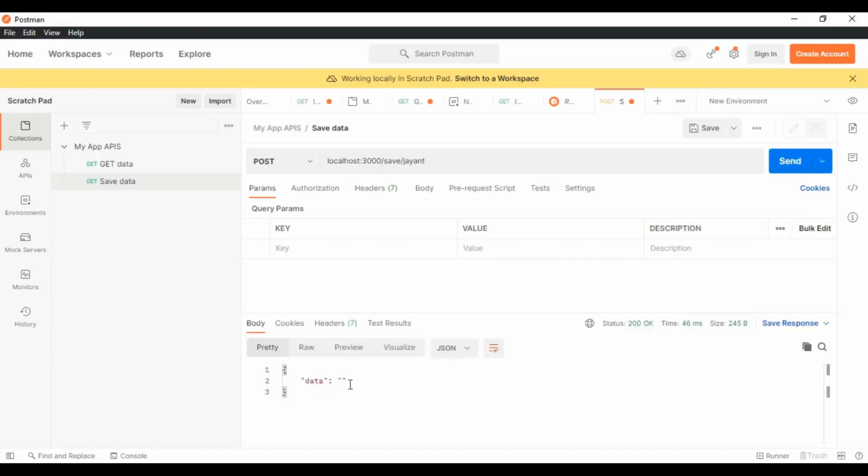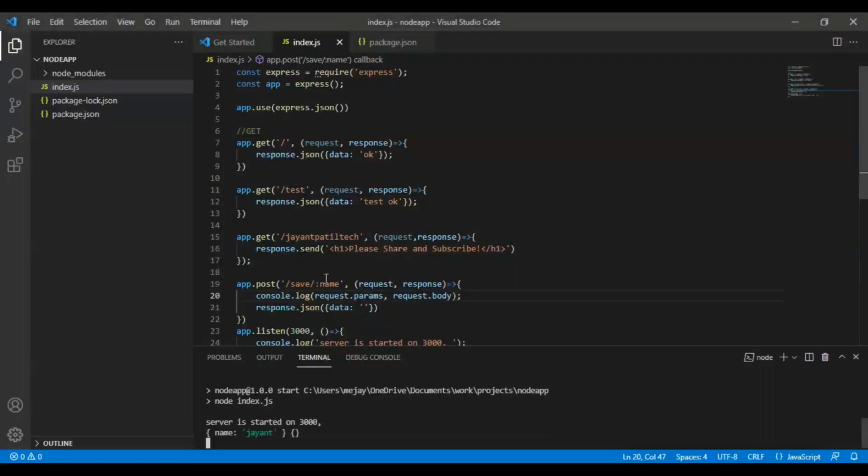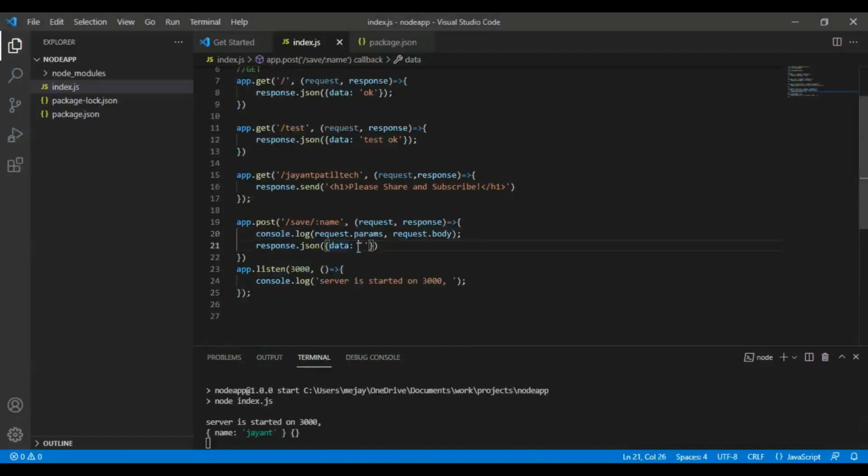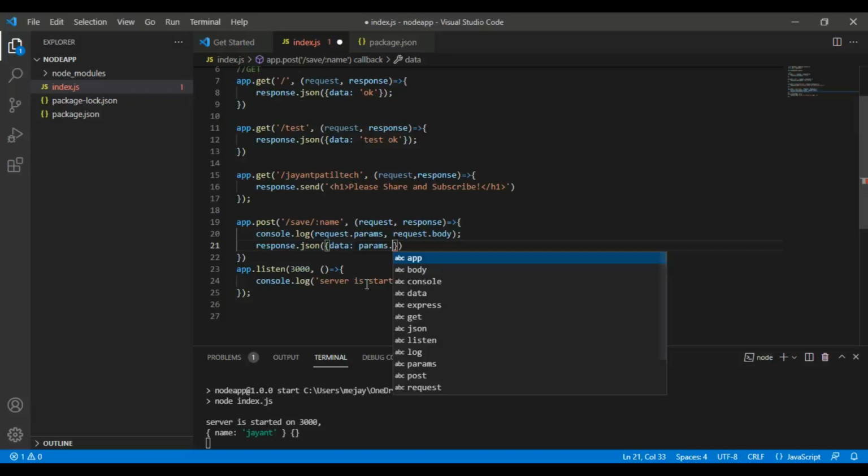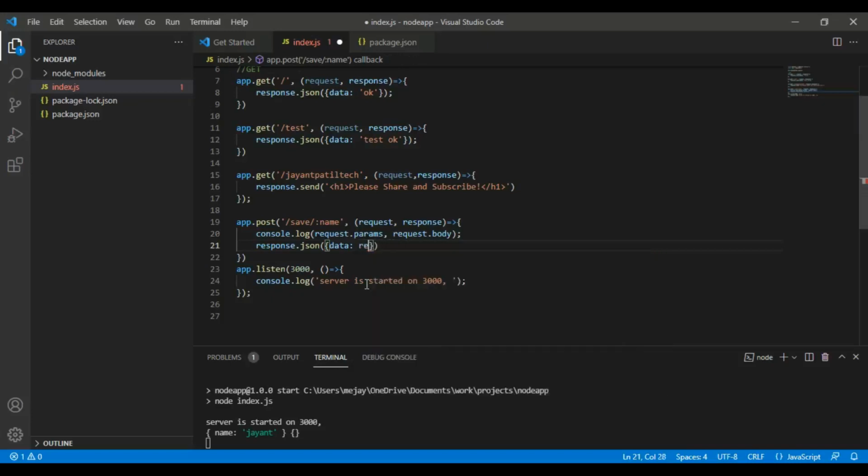and /some data. Okay, so we can send this. You can see it is returning me the data with an empty array. So like this, data and an empty array we are getting. We can make it more readable. Sorry, request.params. Okay, here you can see params is holding name Jayant, and the body is still empty because we haven't sent anything. So let's go back again. Here we need to break this and rerun again.